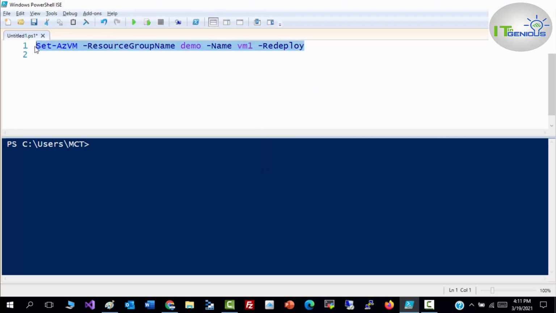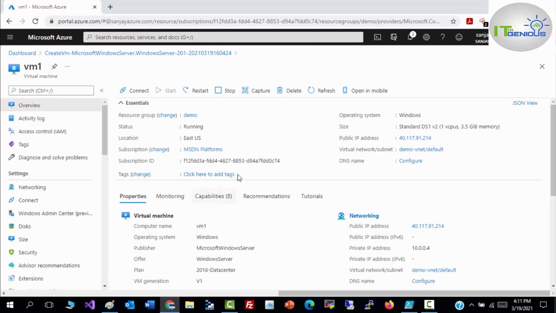I'm already signed in through my ID and password on this PowerShell window. So let me run this. This command will be executed. Once it is executed successfully, you will be able to see the status of your virtual machine change. So let me go to my virtual machines tab on my portal and refresh my VM.